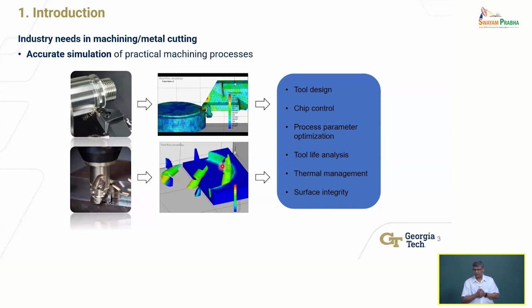One of the most useful aspects of these simulation tools is being able to do process parameter optimization. What feeds, speeds, and depths of cut should I select? This is a common issue. And usually there are some recommended values. When you purchase a tool from a manufacturer, they will give you some recommendations, right? Which they have determined experimentally, but they have determined on some machine. Your machine may be an older machine, newer machine, different machine. There's no guarantee those values work.